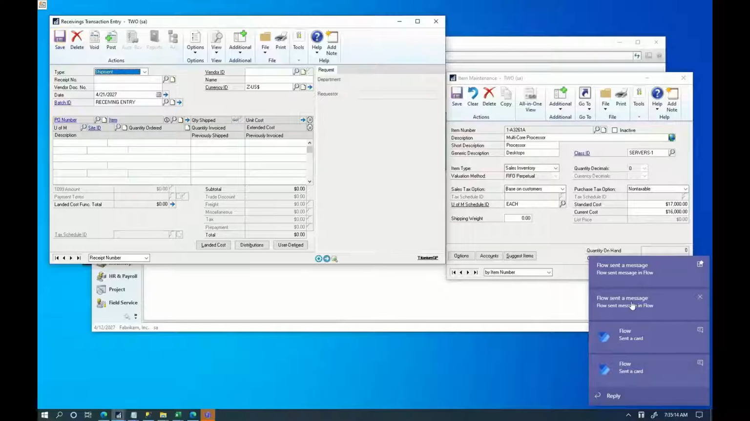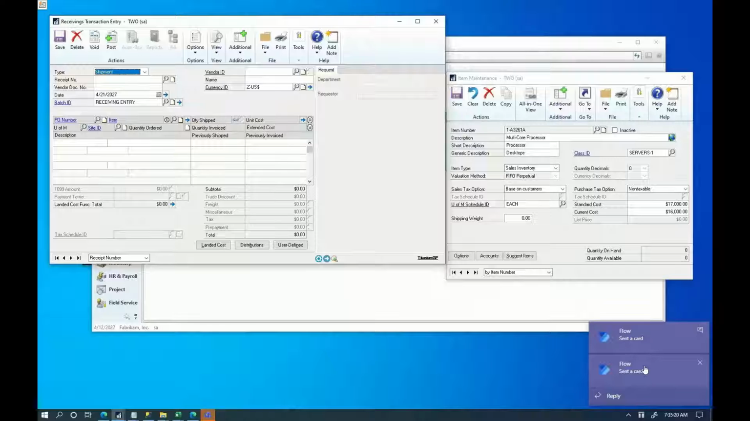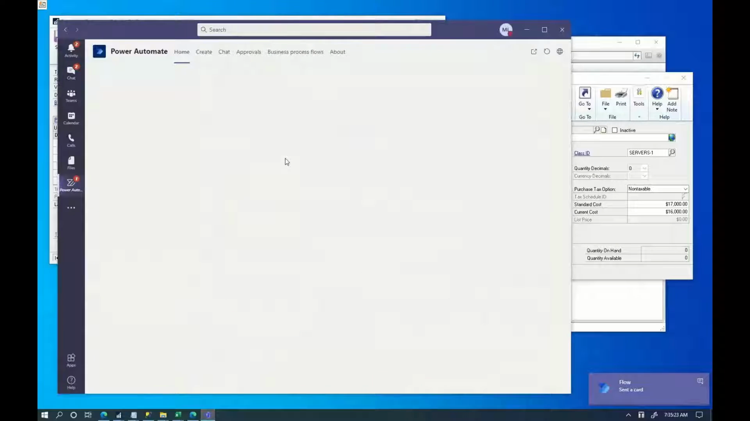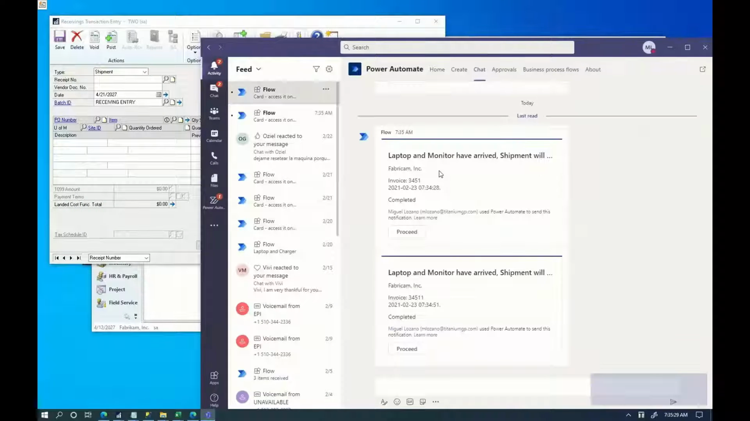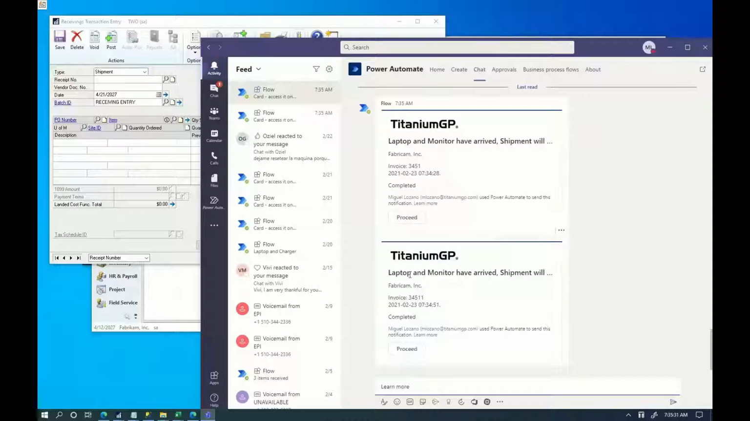Look at this one. Sorry to interrupt, I just got a message in MS Teams. It is telling me that the laptop has arrived in the shipment, and this is the vendor and the invoice and a number and some information. This is from before, but I told